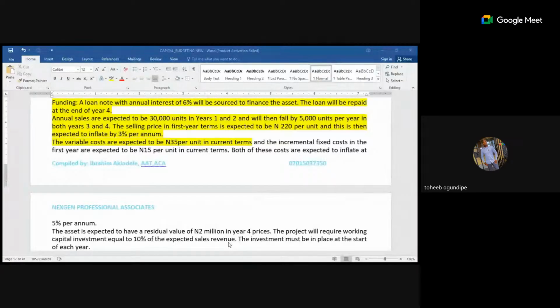It is a semi-strategic question, and the way you structure the question is the same way they structure the question. So just that figure changes. And I think they use the 30, 30, 30, 25, 20 as regards the incremental fixed cost. That is what they use. And yes, sir.